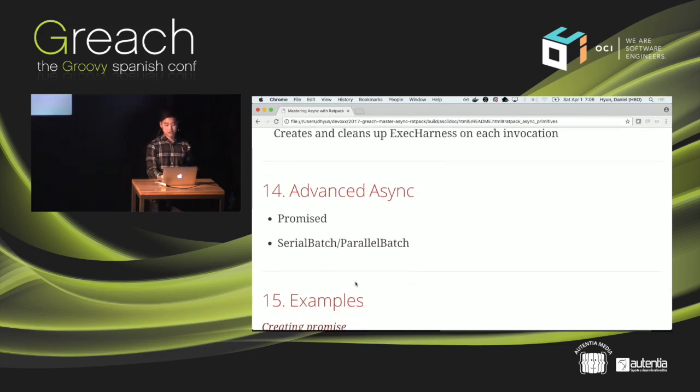There are a couple of advanced things that we may not get to today, but you have concepts such as promised. Promised is some future promise value that is not made available yet, but you can make a promise from a promised concept and then subscribe to it in the future. This all sounds mind-bending. I know how crazy it sounds. Another thing that is made available is serial batch and parallel batch. What batching allows you to do is take a list of promises and produce a promise with all the resolved values of the list.